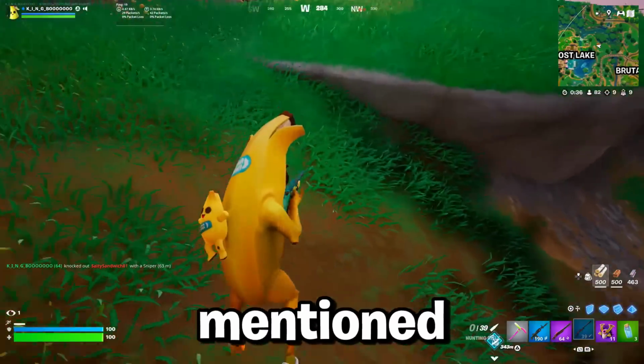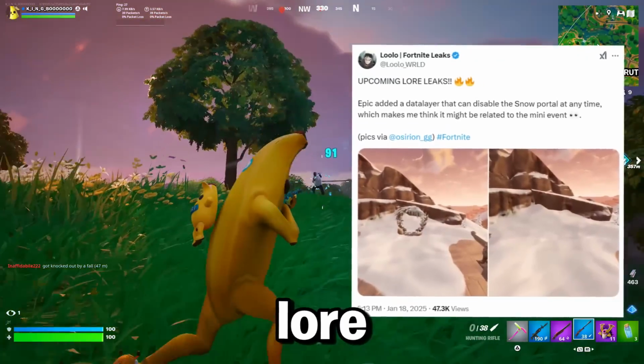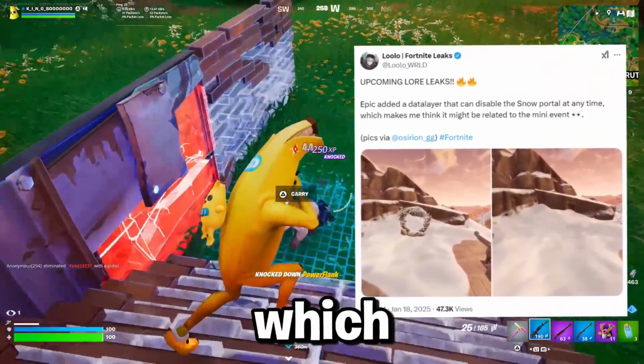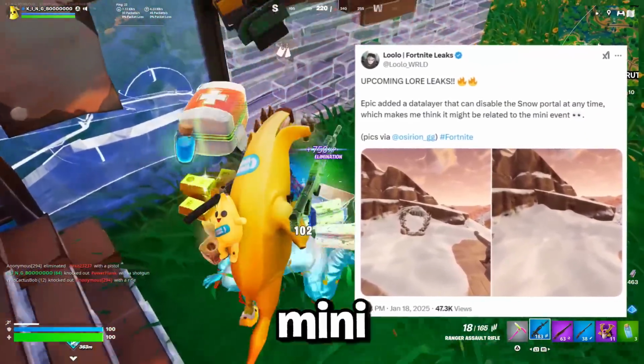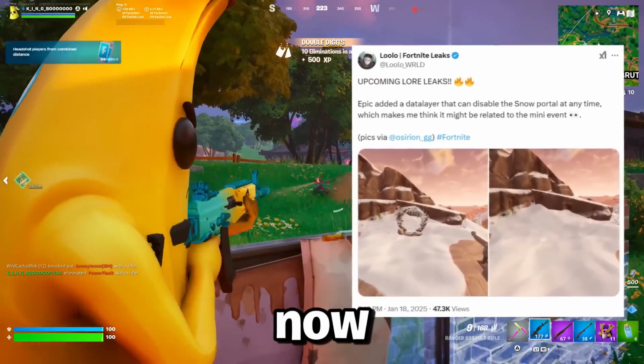And as we briefly mentioned, the mini event from Lula again on the same day, January 18th, upcoming lore leaks, Epic added a data player that can disable the snow portal at any time, which makes me think it might be related to the mini event. It's safe to say we're going to find out more information on this literally any day now, as Chapter 6